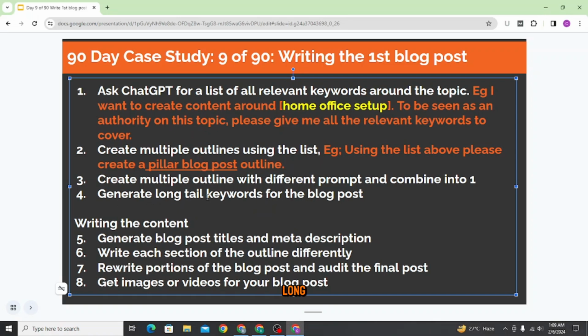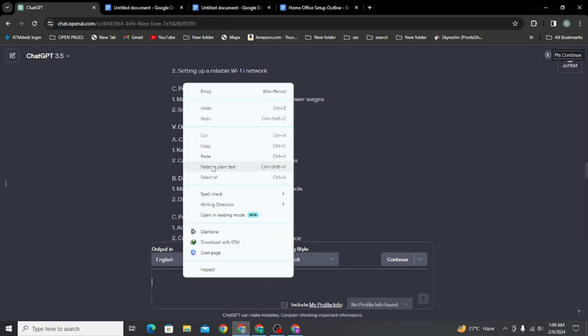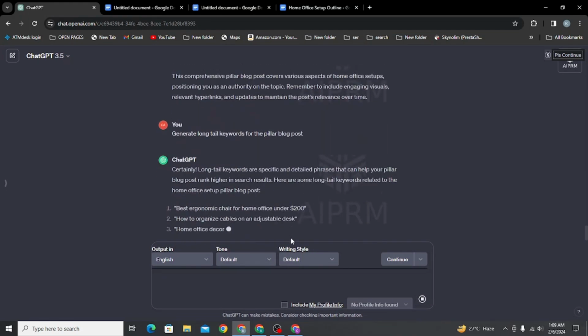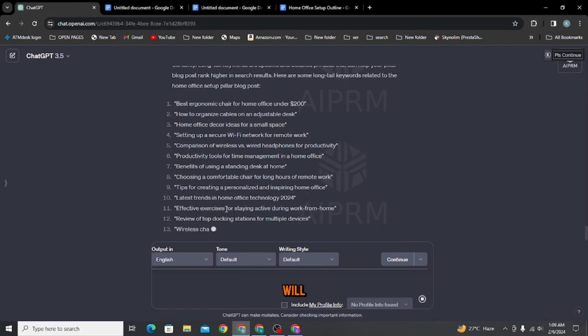So generate long tail keywords. Let me just copy this as my next command. So I have generate long tail keywords for the pillar blog post. So you just hit enter for this, and then it will come up with this: